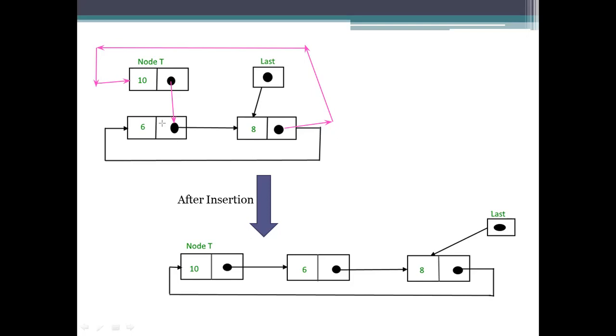If you are adding to this one, it won't be processed unless we change the addressing of these pointers. The last node is pointing to the first one, that is the 6. So make it the first one. Before making it the first one, add this pointer to this one. Make a pointer connection to this one and update the value at the last, meaning we need to remove this one and add this one here. Okay. So by that you can add the node at the beginning.